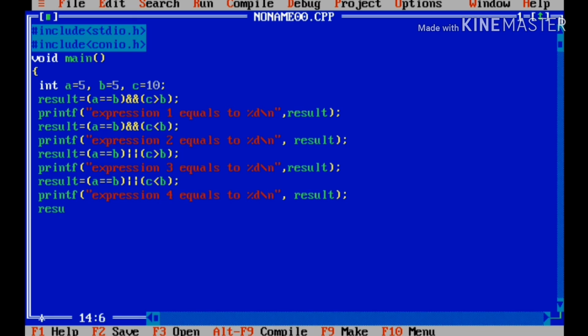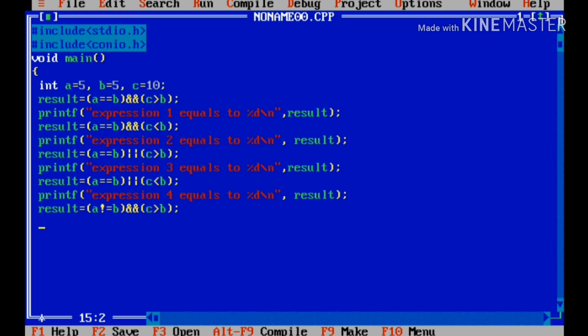Now the last one comes, result equals to, and in this one we will include the not equals to operator, that is a not equals to b and c greater than b.